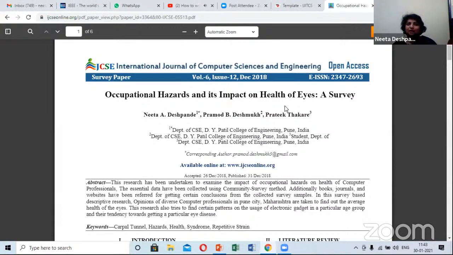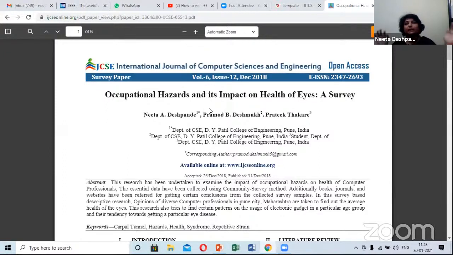Normally your parents will agree with me, probably you may not agree, but I have a son and he keeps on watching videos, and he is more on the screen. So I just wanted to know how much this screen time is affecting the eyes of an individual. ठीक है, तो ये तो वेरी जनरल प्रॉब्लम है ना, कि मुझे देखना था कि what is the effect of the screen. थियोरेटिकली we all know that yes, the screen time ज्यादा होगा तो हमें चश्मा लग जाएगा and so on and so forth. But then I just wanted to do a survey. So what we did is we just found out the health of the eyes.